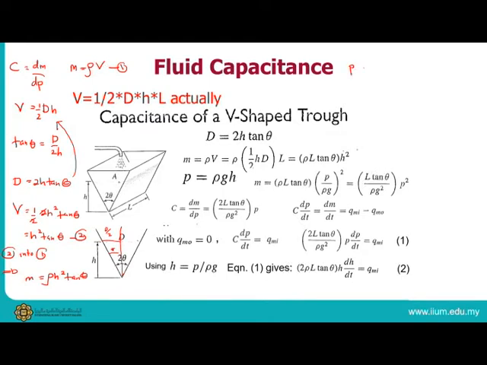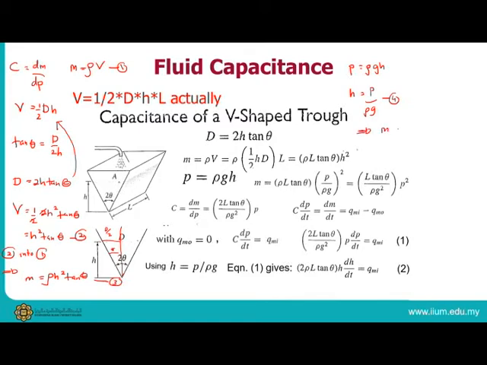P equal to rho g h. Okay, so when you rearrange this, you can get h equal to P over rho g. Say this is equation 3, this is equation number 4. You insert 4 into 3, so you can get